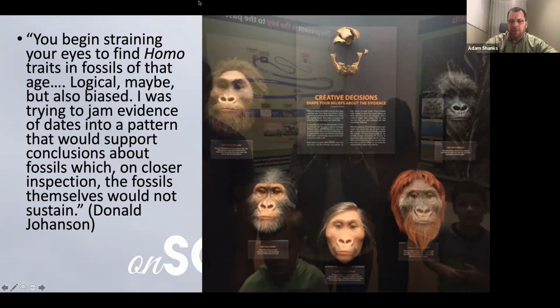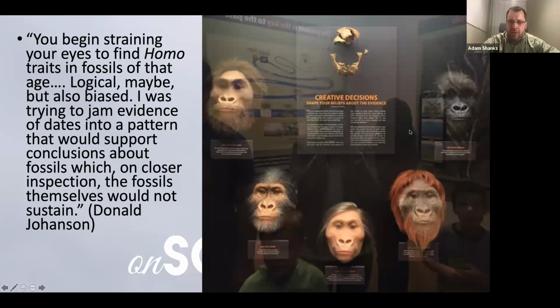And I say all that to go back to the concept we've talked about repeatedly since the beginning of this class. This is not a battle of evidence. It is a battle of worldviews. This absolutely has nothing to do with who has the evidence on their side, because they do not have the evidence for evolution or for their millions-of-years process of the theory of evolution. All they have is a worldview and a desire to find it. And so they see it in places where it doesn't exist, and they see it in ways that it's just not there.